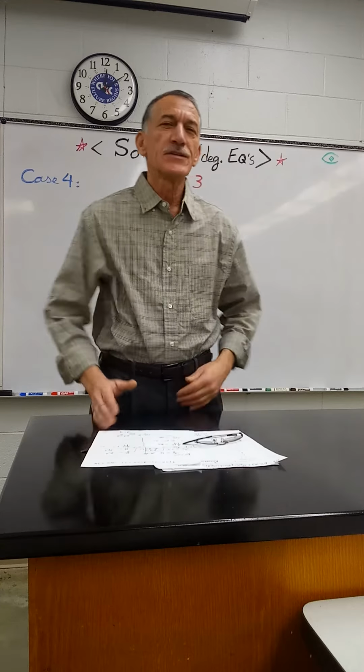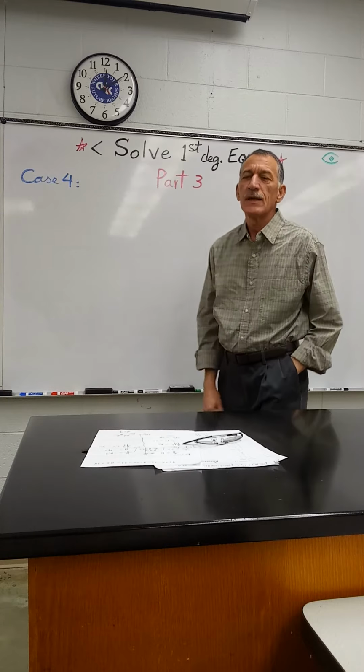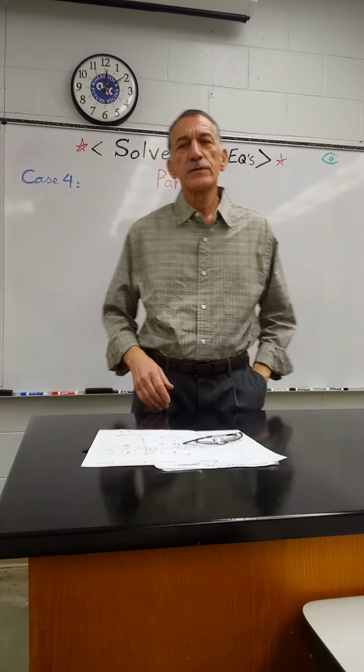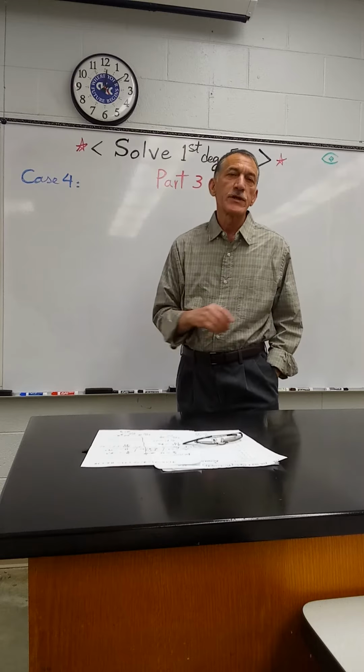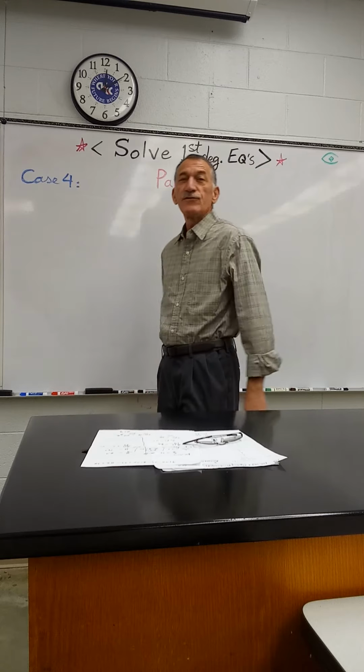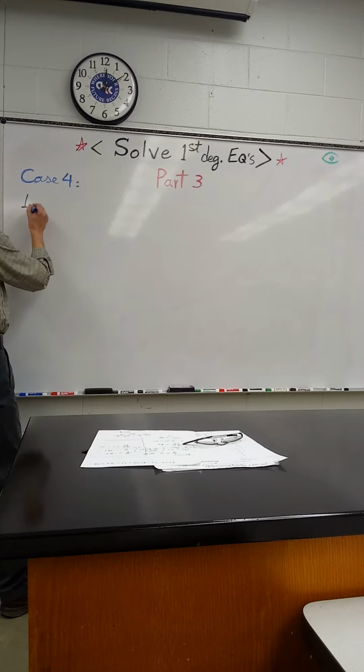This section is going to be part 3, solving first degree equation part 3. Last time we were talking about case 1, case 2, and case 3. Tonight we're going to do case 4, which is if you see division. So if you see division, then you multiply,